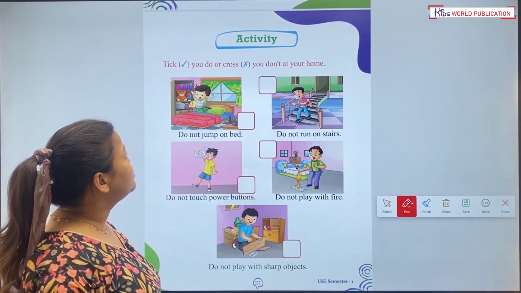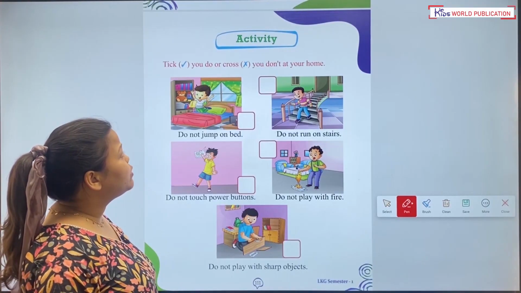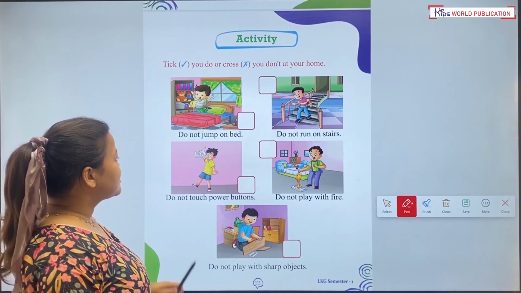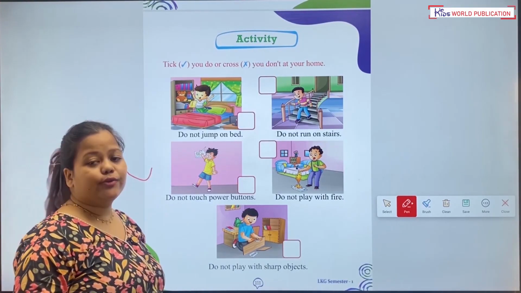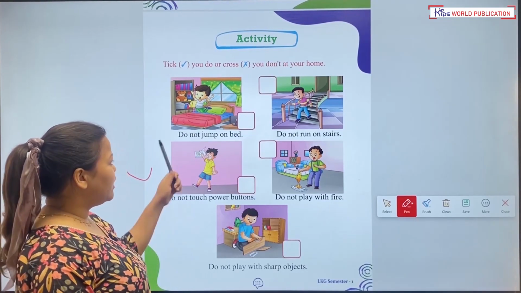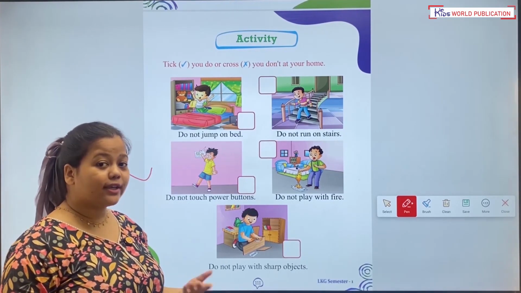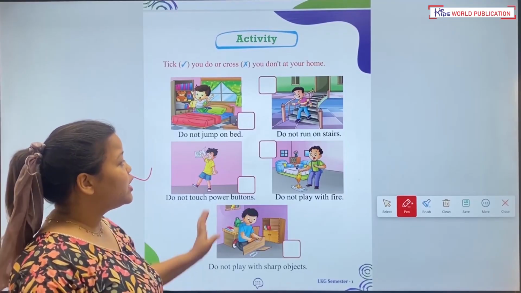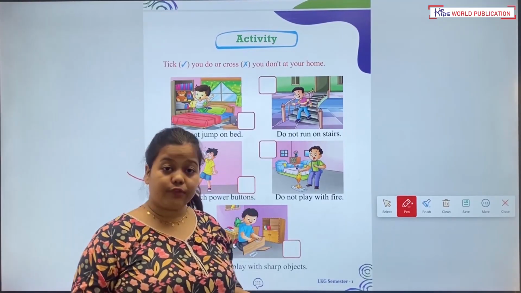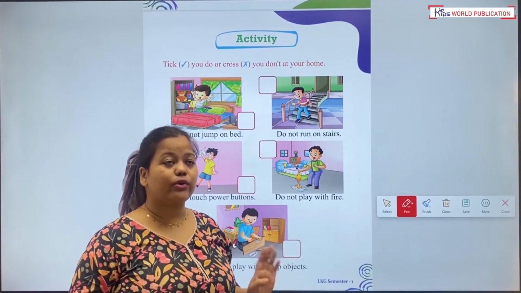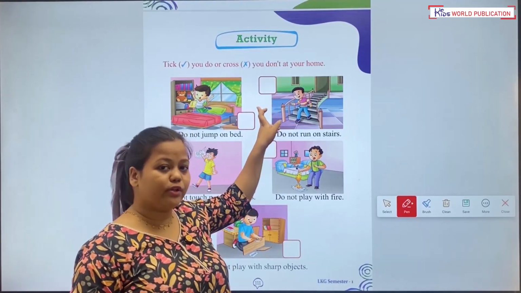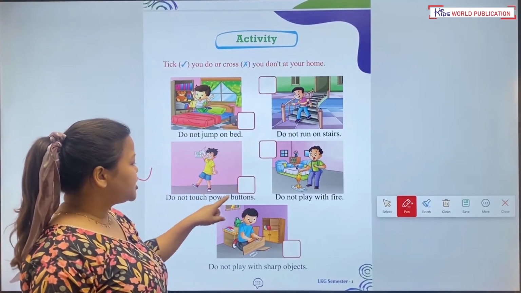Activity. Tick you do or cross you don't at your home. So kids, this is the activity you will do on your own. So if you jump on bed, you will tick it, and if you not, you will cross it. Do not run on stairs. So if you run on the stairs, so you will tick the box, and if you don't, you will not. Do not touch power buttons.